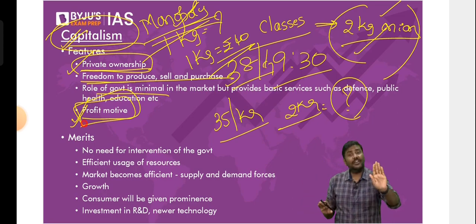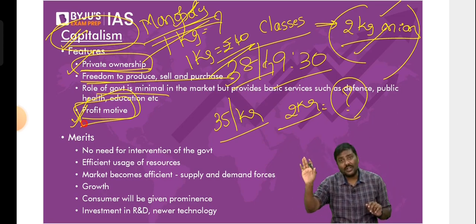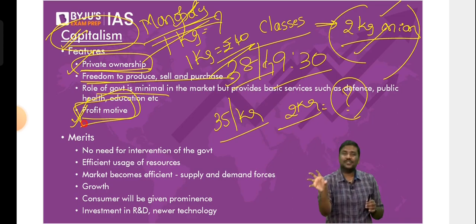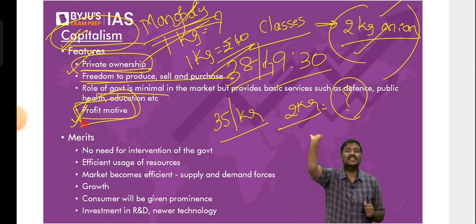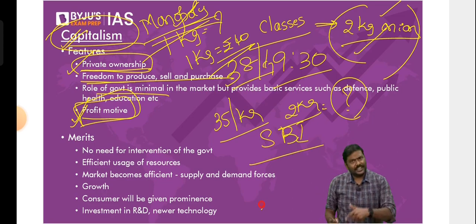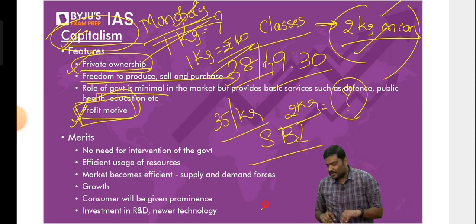Because understand the difference here. Profit is the objective of the private sector. Profit along with social welfare is the objective of the government. When I say government here, don't strictly associate that with the central government. How can you say the central government is working for profits? I'm not talking only about the central government. What about the banks owned by the central government? For example, SBI, State Bank of India. Do you think SBI is doing charity? Anybody who thinks SBI is doing charity? Like SBI is doing social welfare. Do you think SBI is doing social welfare?